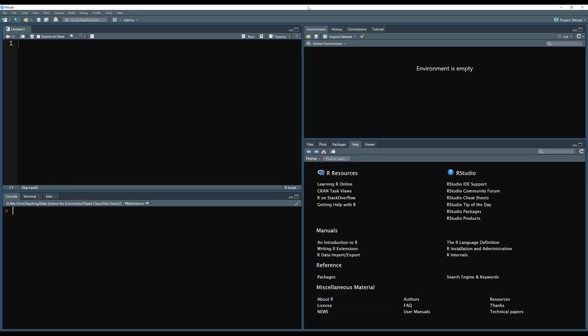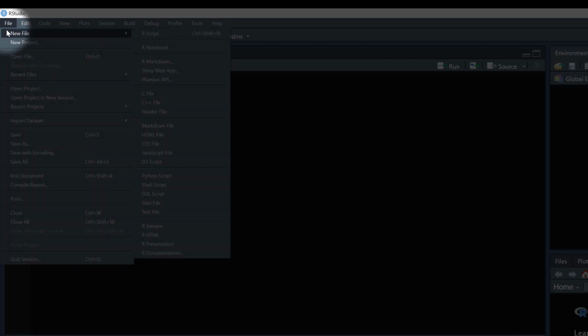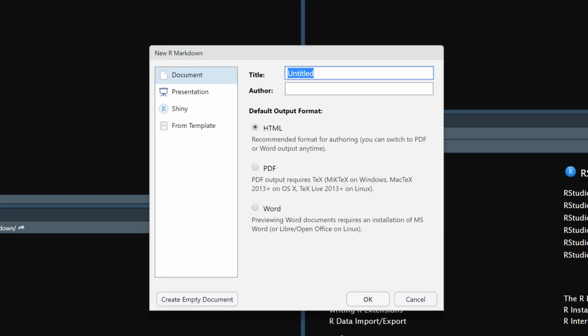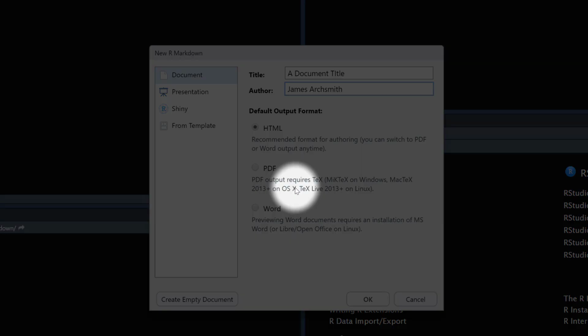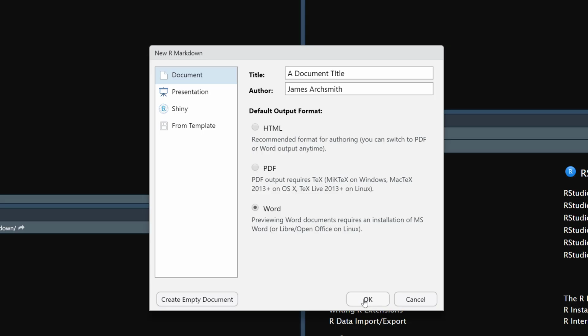So let's create an RMarkdown document in RStudio. The first thing that you'll do is go to the File menu, look at New File, and then select RMarkdown. R then gives you this dialog box where it asks you to insert some important information. So you might like to enter a title for the document. You might like to enter the author of the document. Lastly, you should select the output format. The best thing to use is Word. That will produce a Microsoft Word document or a docx file. After that, if you press OK,